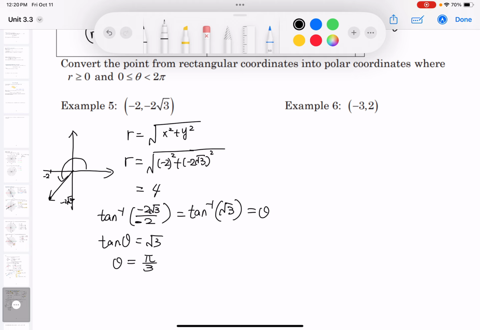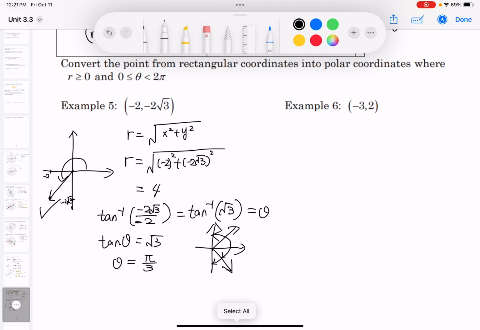But this one is the reference angle, because tangent in the third quadrant is positive. Finding the inverse of positive tangent puts it in the first quadrant. If finding the inverse is negative, it is in the fourth quadrant, rotating this way. We learned this from trigonometry. So this theta is not the actual angle, it's the reference angle. So the actual angle we can use,